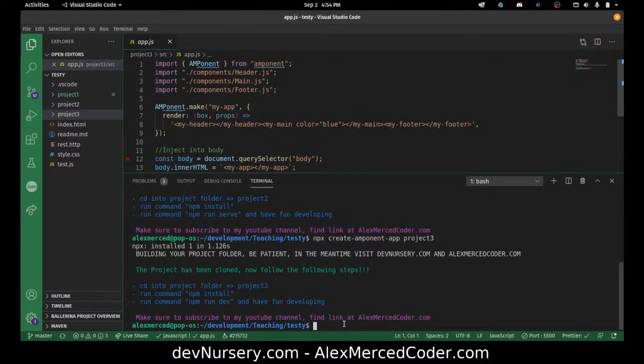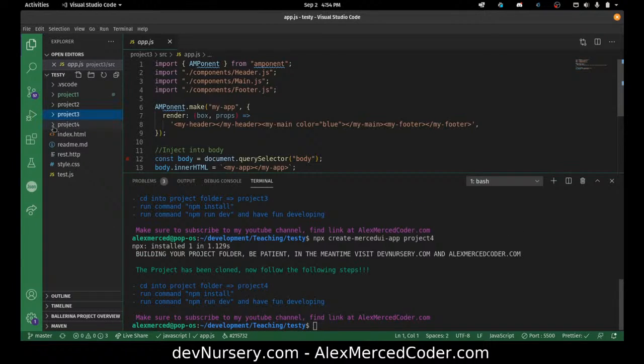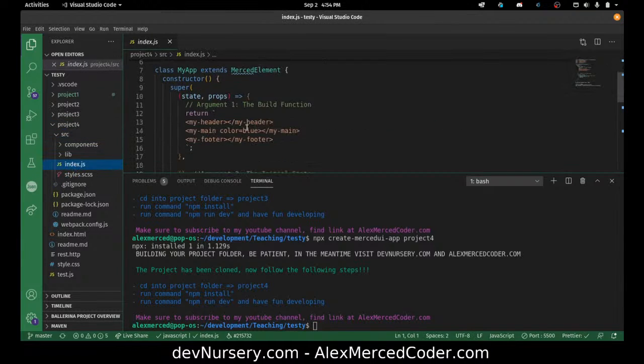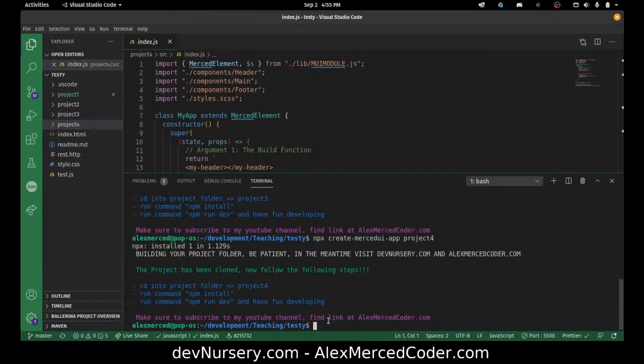Then I have one for Merced UI. This one's using Webpack. So it would be npx create-merced-ui-app project 4. Cool, and then there it is, project 4. There it is, the whole setup, so that way you can use Merced UI as your front-end framework, with some initial components all set up to go. And then one more I've made so far, which is npx create-fun-component-app